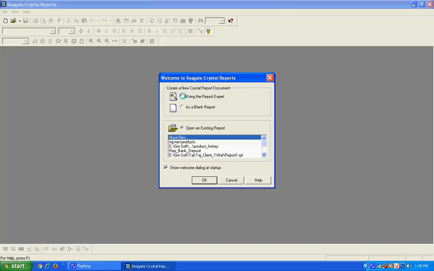First of all, we are going to click here to create a new Crystal Report document, then click the OK button.